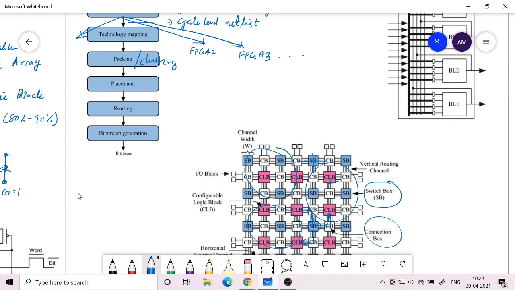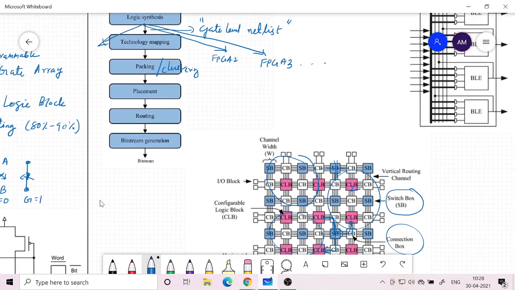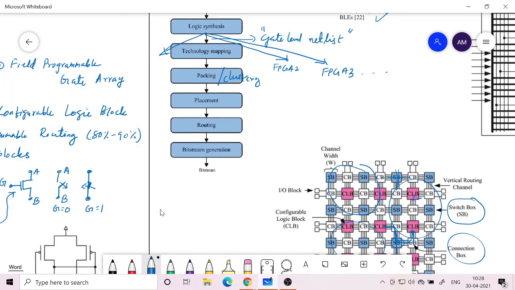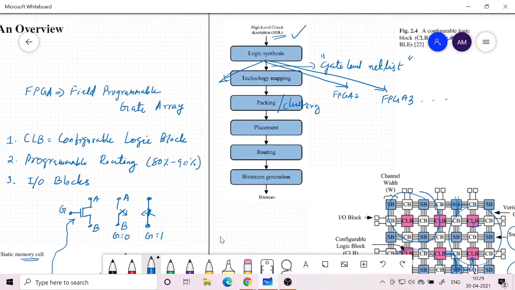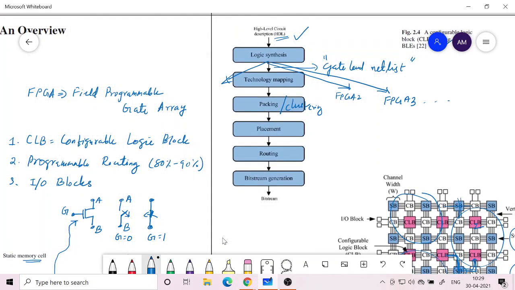Just like when you load the Arduino with your program, in a similar way you load the bit stream, you are putting data into the SRAM here. Okay, if you are using SRAM technology for programming, that will establish the connection. As long as the power is there, the circuit will remain, but if the power goes, it is volatile, everything is gone.